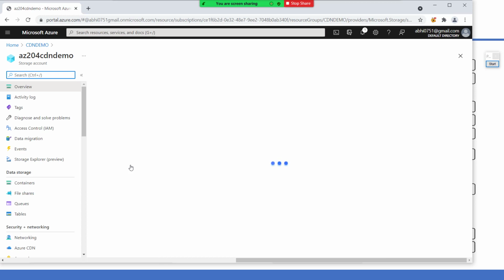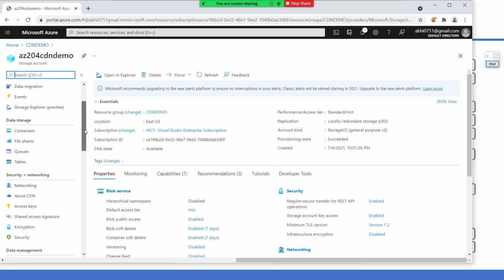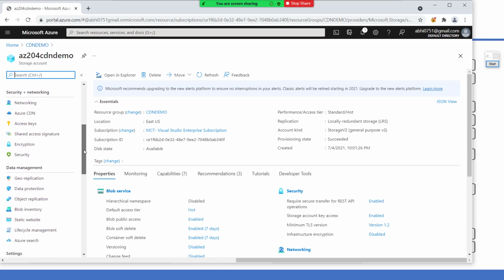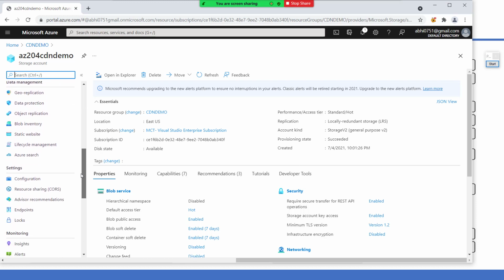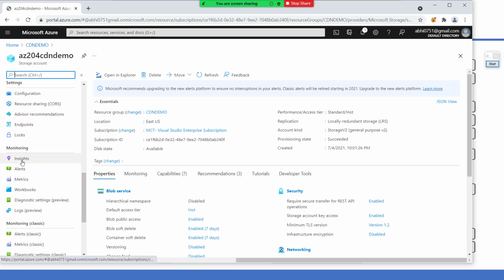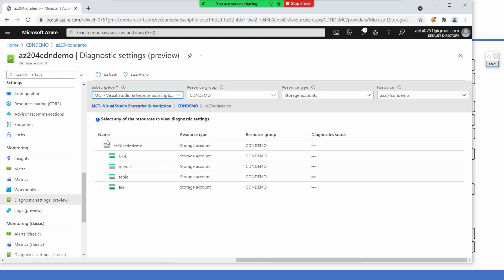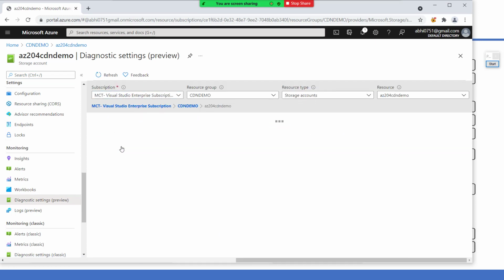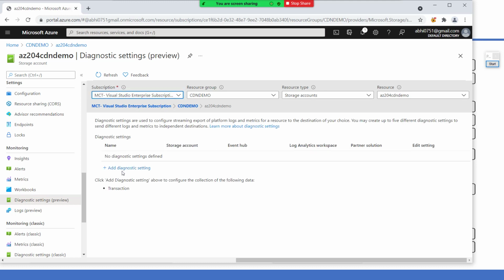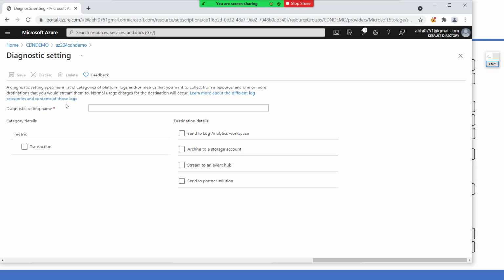Once you go to the respective service, you will see here the monitoring. Because this supports App Insights also, and it supports diagnostics also, and it supports log preview. You can also query directly from here. But if you would like to push those logs, you have to go to the diagnostic setting, and you have to select what kind of settings you would like to push. Now add a diagnostic setting. You have to define a name, say some name.